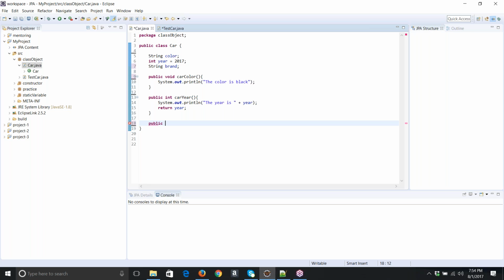So the same thing, public, and then this one is going to be return type, so string, and then method name, let's say car brand, and then here I want to pass a parameter which is string brand, like this, and then I want to print